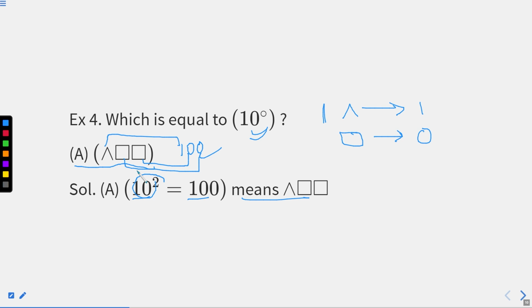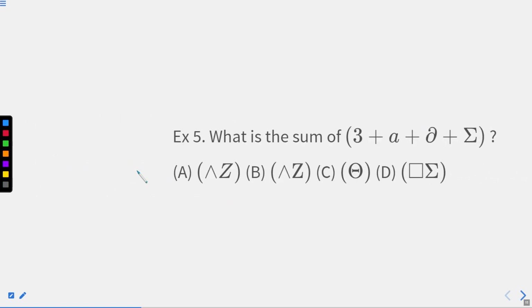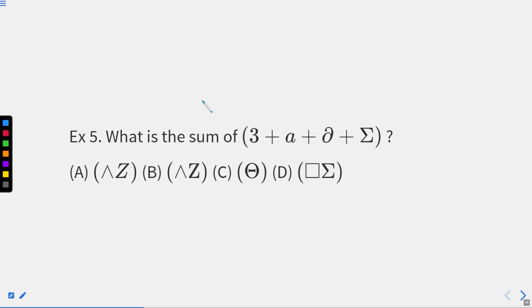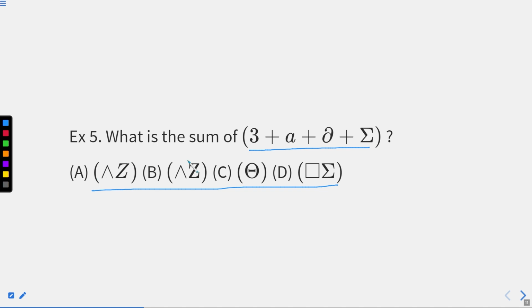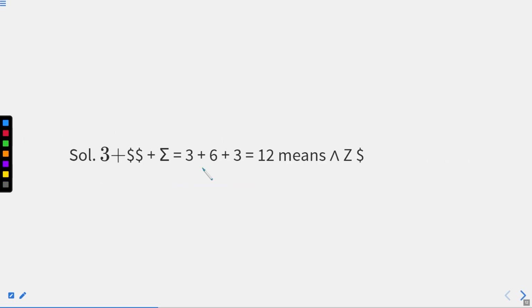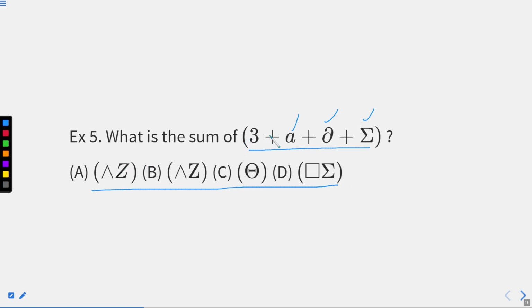Here, what we are exactly doing is comparing the symbols with their corresponding values and getting to your answer, right? Now, we'll move to the next question. Here you have different symbols now and a question, right? Okay. Now we'll straight away jump to this. We have this symbol, we have this symbol, we have this symbol. And for every symbol, we have some certain numerical values. So, as you can see here, what we are getting.